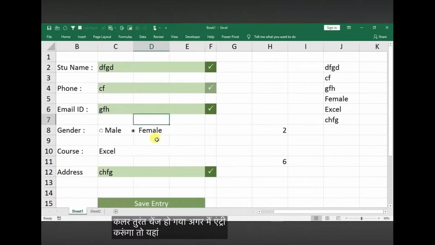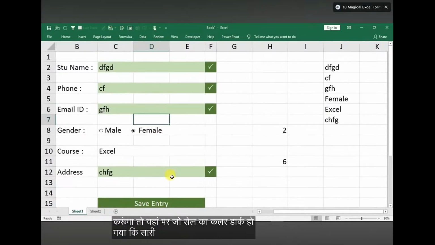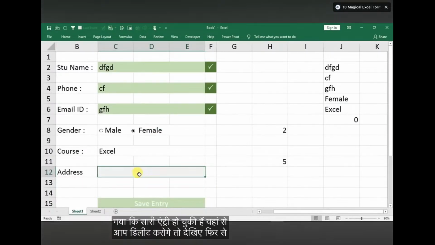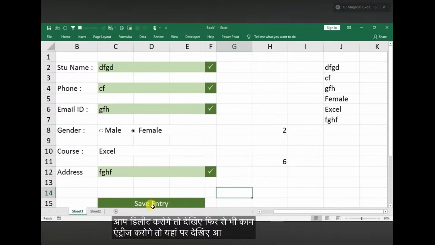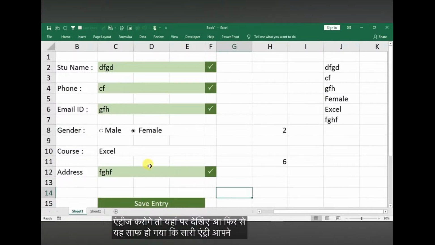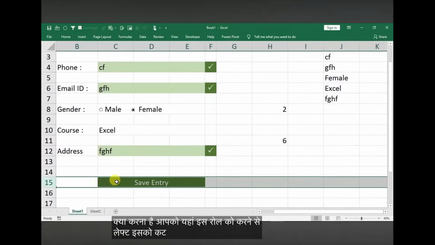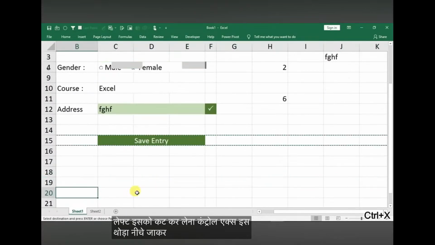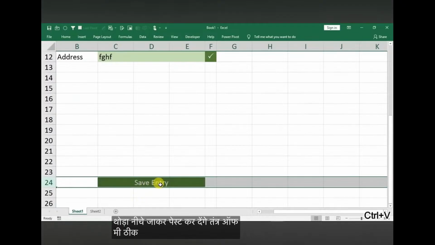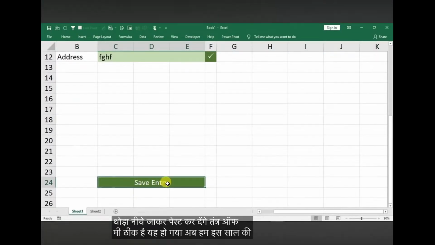अगर मैं एंट्री करूंगा तो यहाँ पे सेल का कलर डार्क हो गया कि सारी एंट्री हो चुकी है। यहां से आप डिलीट करोगे तो देखिए फिर से वही काम, एंट्री करोगे तो यहाँ पे देखिए फिर से ये डार्क हो गया कि सारी एंट्री आपने एंटर कर ली है। अब आपको एक काम करना है, यहां इस रो को सिलेक्ट करना है, इसको कट कर लेना, कंट्रोल एक्स, इसको थोड़ा नीचे जाके पेस्ट कर देंगे, कंट्रोल वी, ठीक है, ये हो गया।